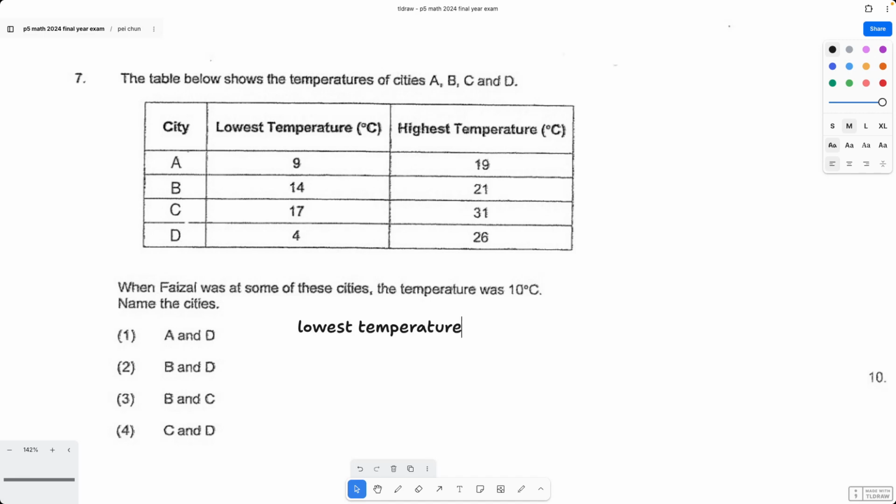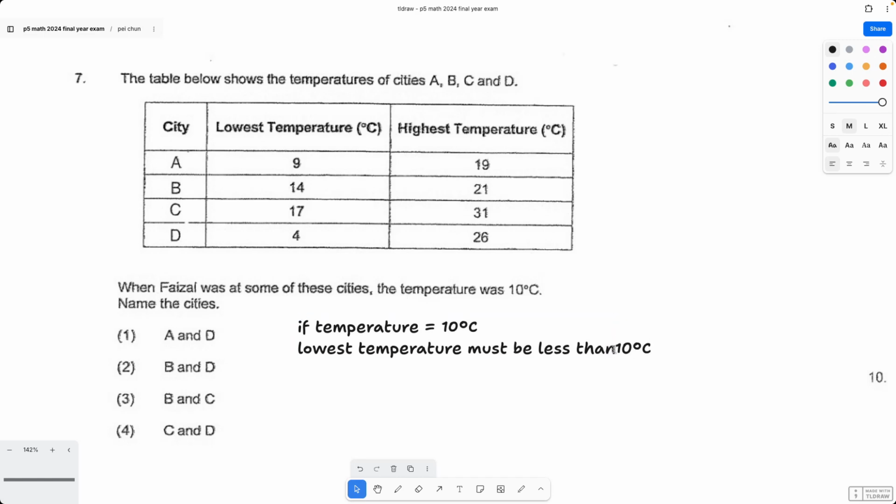If temperature is 10 degrees Celsius, right? That means lowest temperature must be less than 10 degrees,